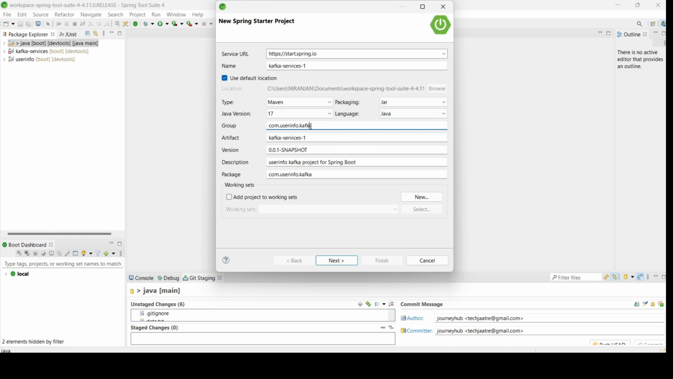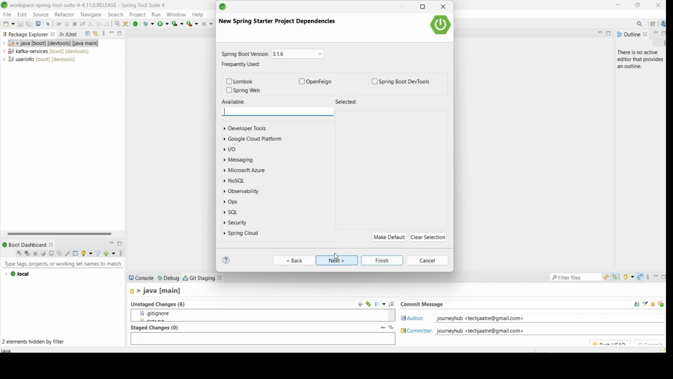Also you have to give the group ID, artifact ID, the version and the description for your project, and you can update the package name. Click on next and select the required dependencies. Also you can select the Spring Boot version, click on finish and create the project. These are the easiest ways to create a Spring Boot